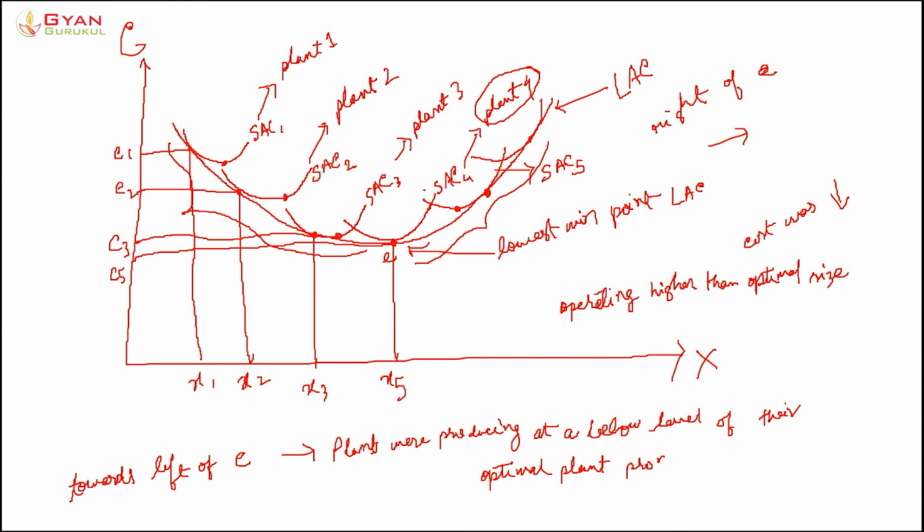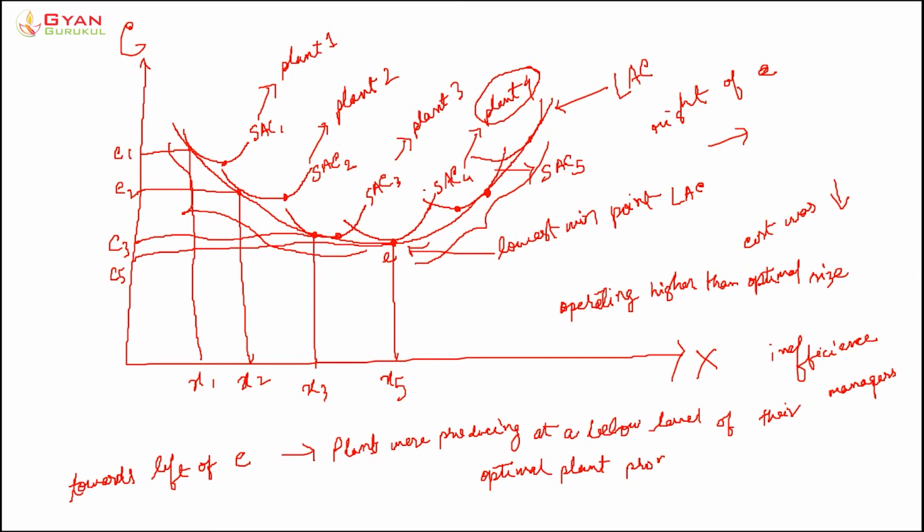Now, when a farm produces at a higher than optimal size, it would be problematic for it. Why? It would lead to diseconomies of scale, because it may lead to inefficiency of the managers. You may force the managers to work overtime, which decreases efficiency, right? That may be one thing.